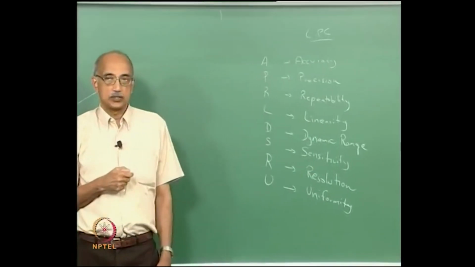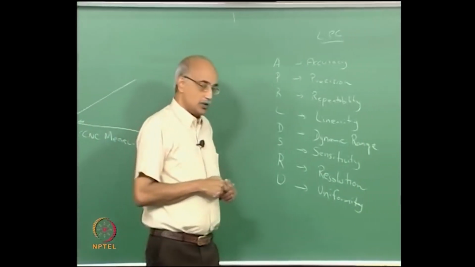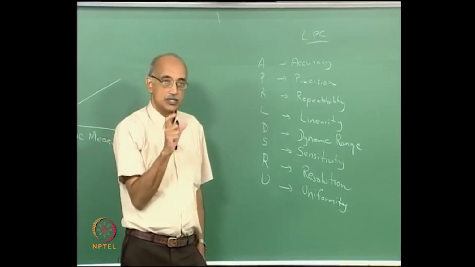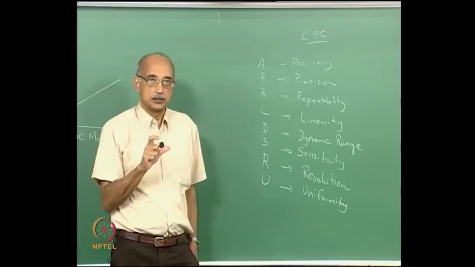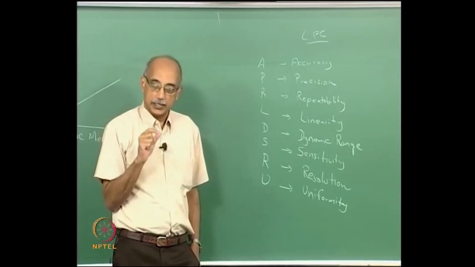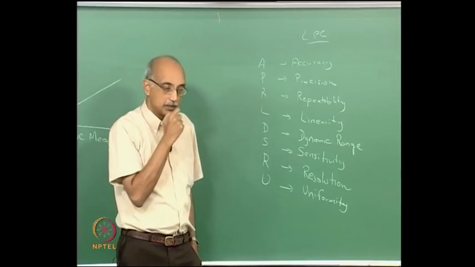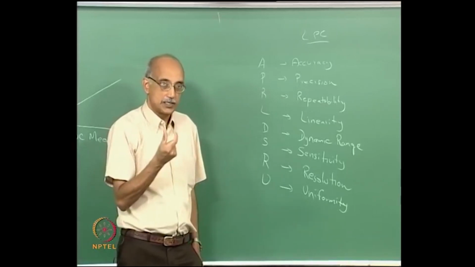So let's talk about what these are. Accuracy is a measure of how close your measured value is to reality. How close is it to the actual value that you are measuring? For example, if you are using a particle size analyzer to measure size of a particle,